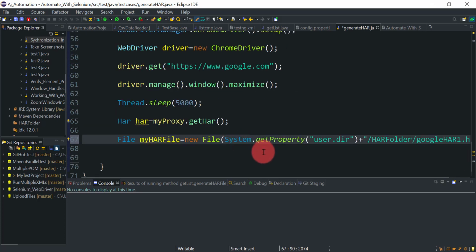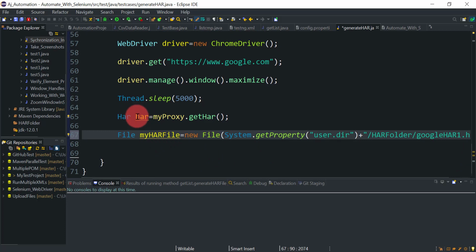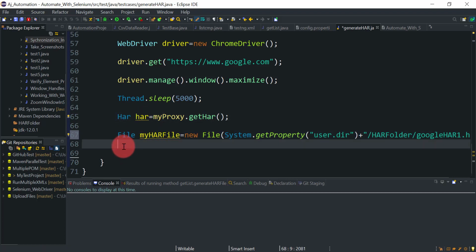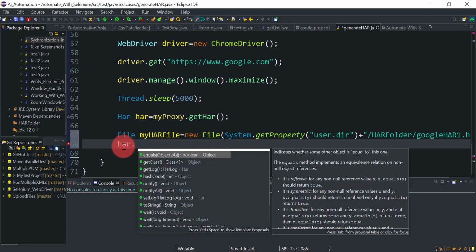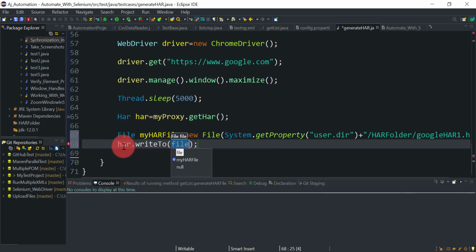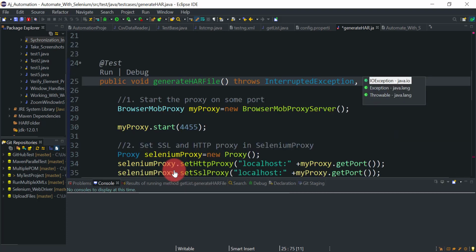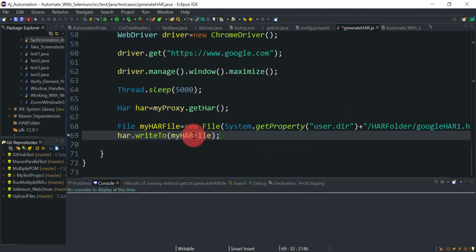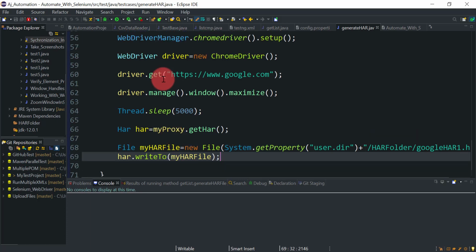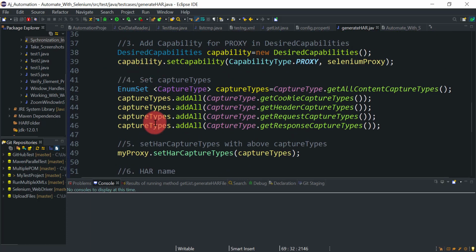Okay, so now we just need to write all the details from this object into my HAR file. So we will just call the method har dot write, to write to this file. Which file? This myHarFile. And it will ask you to throw the declaration. This is the IOException, so you can add the try and catch block here around all the code.